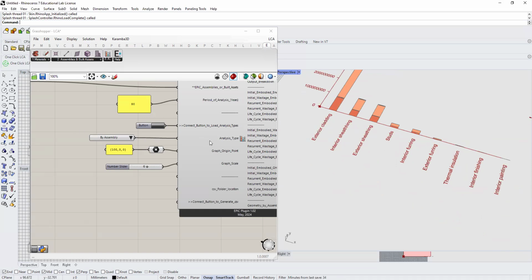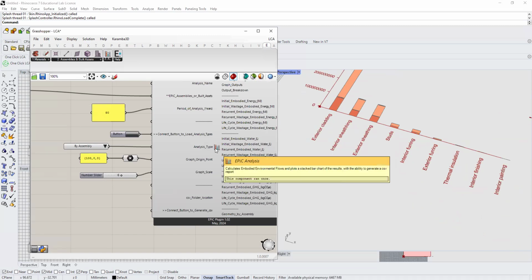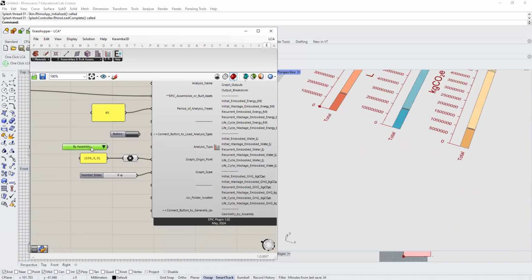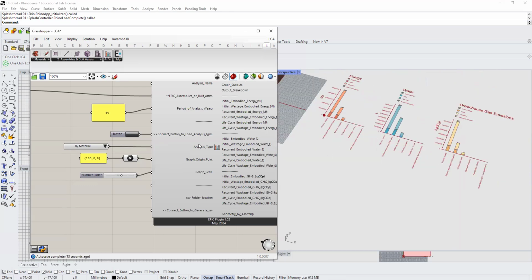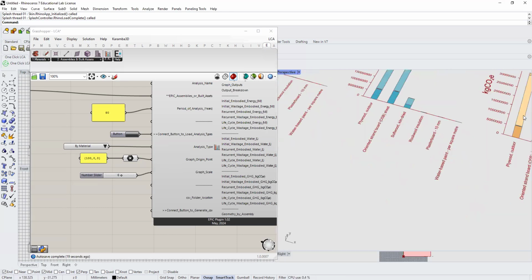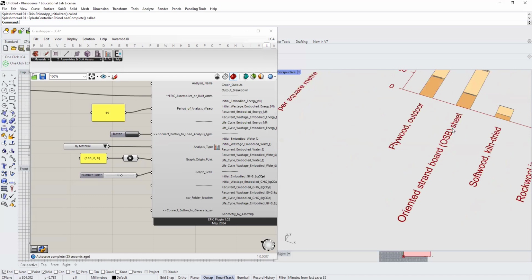So here you have an option. Here under the analysis, you have an analysis type. When you connect a button, you can load the different analysis types. So let me just disconnect this. So when you connect this button and click on it, you can play around with this. By default, you will get the total for the entire assembly, but you can pick if you want to get graphs by materials. So you can just see what are the embodied carbon or embodied energy of, for example, wood material or